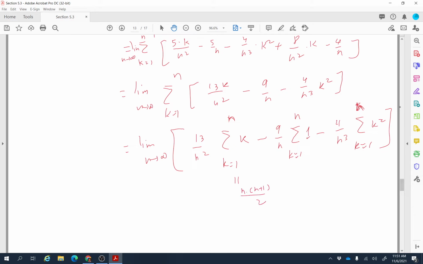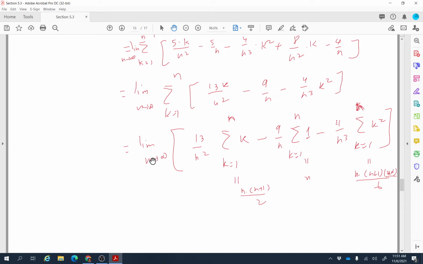What is the sum of the constant 1 from k equals 1 to n? Remember, when k is 1, there is no k, so it's 1. When k is 2, there is 1. So you are just adding 1 and 1 and 1, n times. So this is actually n. And then this is the sum of the squares of the first natural numbers, for which there is a formula: n times n plus 1 times 2n plus 1 over 6. So if we plug this value back here for this sum and then simplify again and then find the limit,